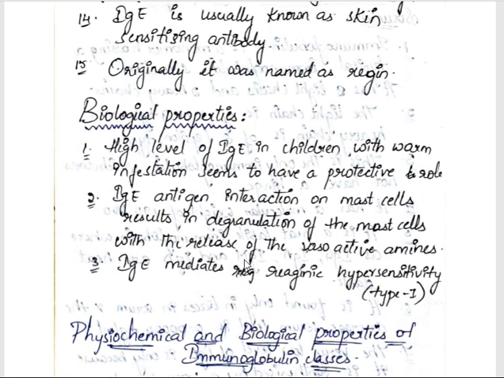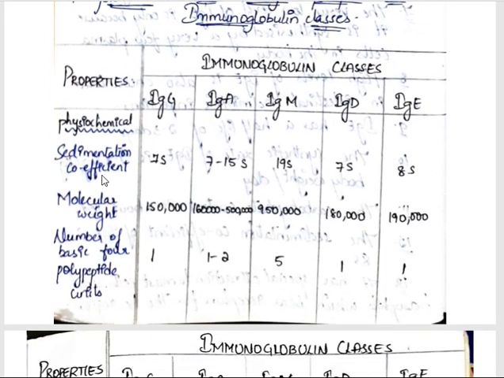Now let's have a quick overview of all the 5 types of immunoglobulins that we have discussed, and their physicochemical and biological properties. So here are the 5 types, and here are the physicochemical properties. Sedimentation coefficient, as I told you: IgG is 7S, IgA is 7S in the first type, but as a secretory dimer it may be 15S, and IgM is 19S, IgD is 7S, and IgE is 8S. Then the molecular weight, as we discussed, is 1,50,000 for IgG, and here it is 1,62,000,